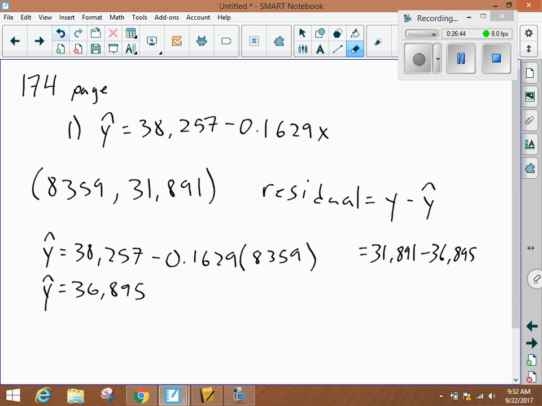That is just not good. Sorry about the writing. It says 5,004. All right. Hey, let's interpret the value of this truck's residual in context. What does that mean? It means that the actual value,